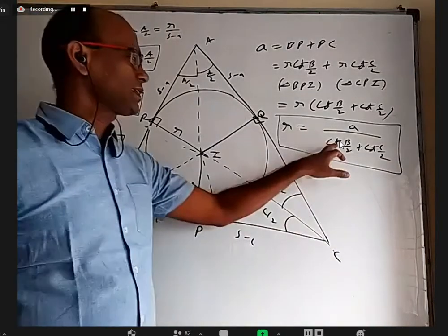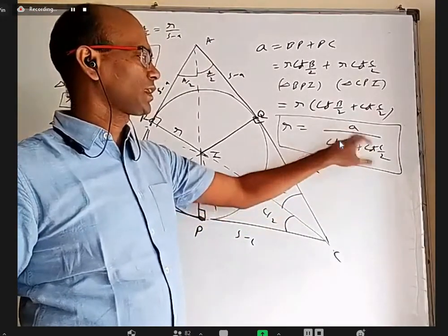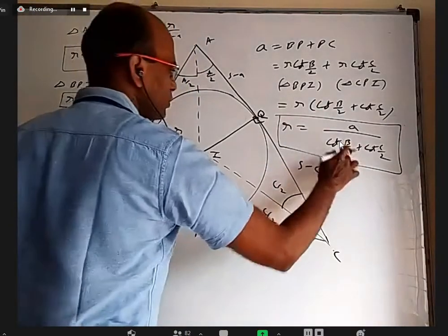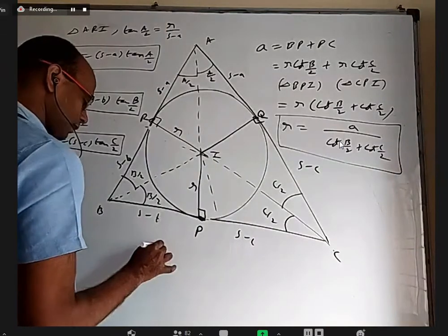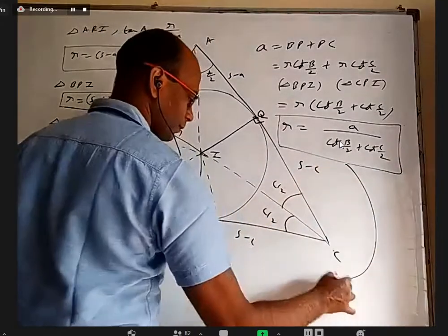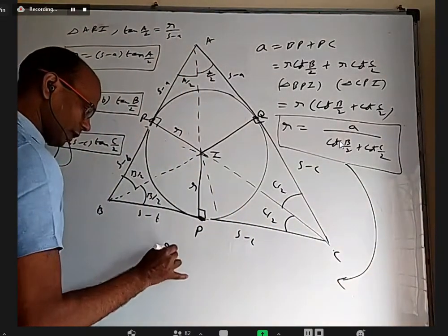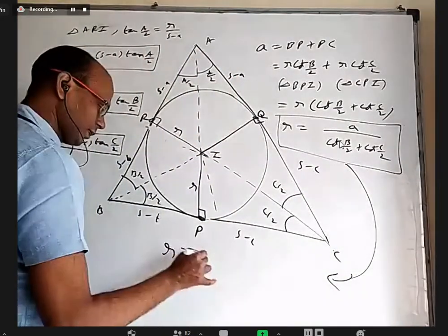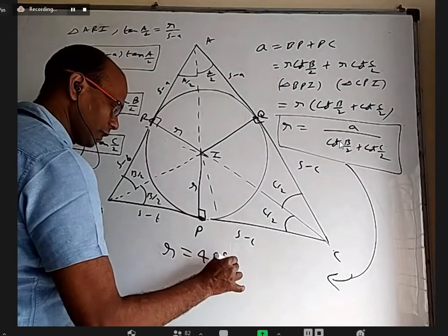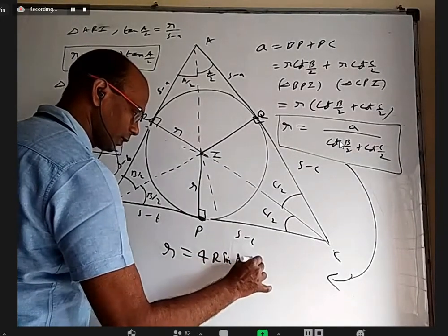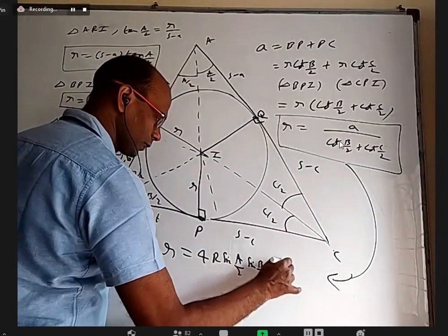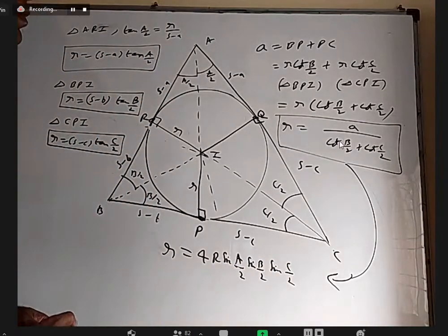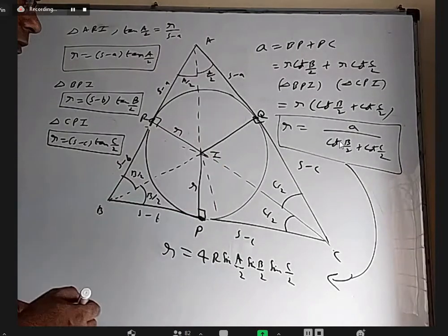But you write this as cos by sine, sine by cos, write a as 2R sine A, and simplify all that. From this I will get, I am not writing the proof purposely, but you just put an arrow and write, you will get 4 capital R sine A by 2, sine B by 2, sine C by 2. Is it sine or cos? Just a minute. Cos by sine, sine on.